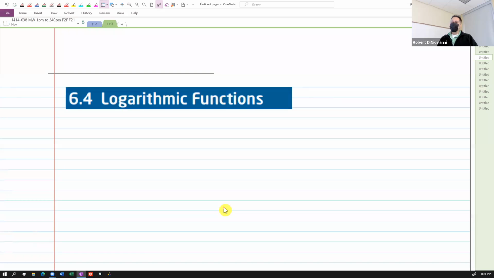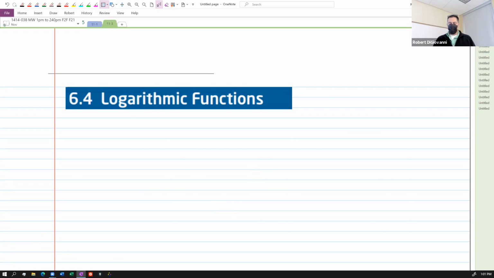We're going to start 6.4 today, logarithmic functions. Logarithmic functions in general are some of the most misunderstood, confusing functions for students. And there's a reason why. I hope I can make the reason obvious. But to get to that point, I want to motivate why they are confusing by